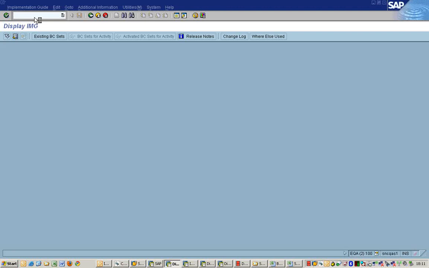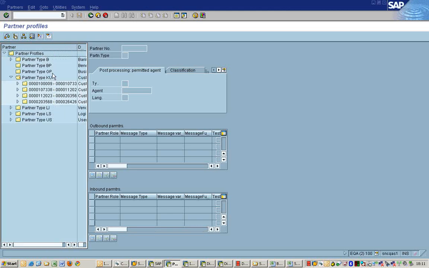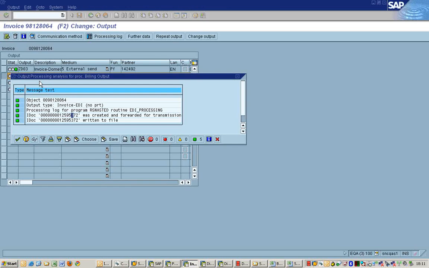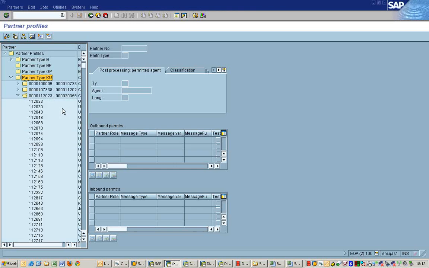We will go to WE20. This is the partner function profile. Click on customer, partner type as customer, we have partner number 142. So 142 will be under this range.